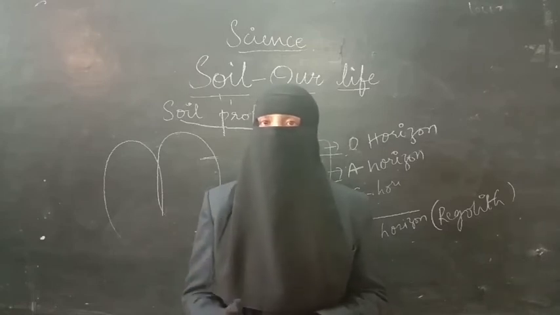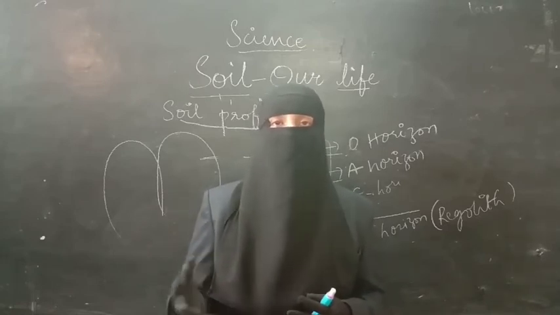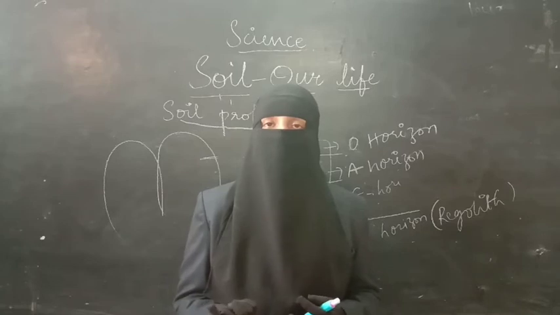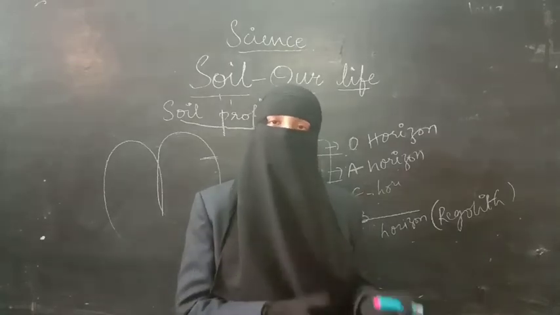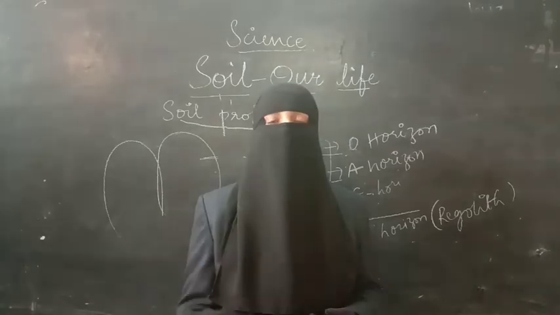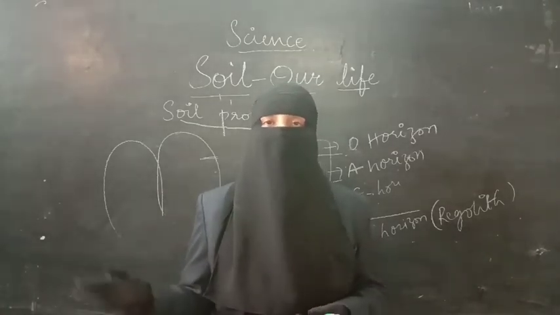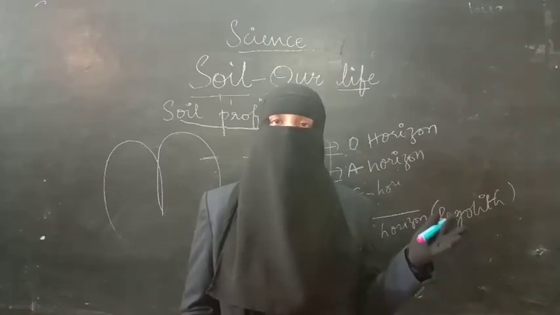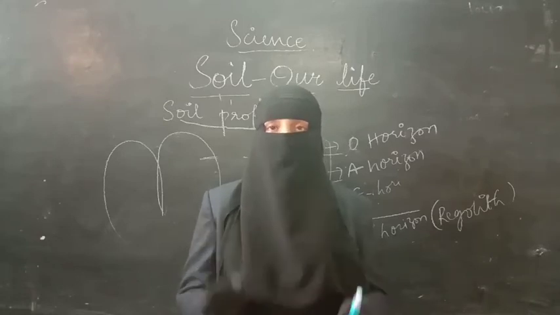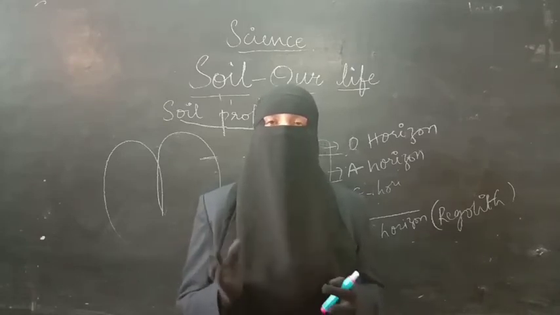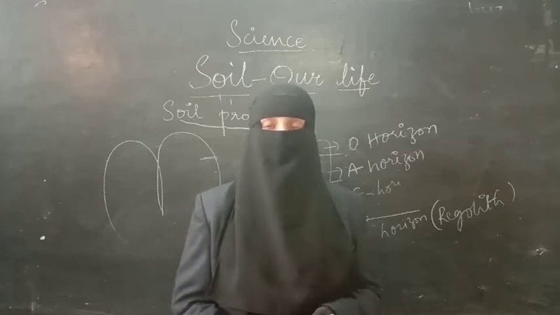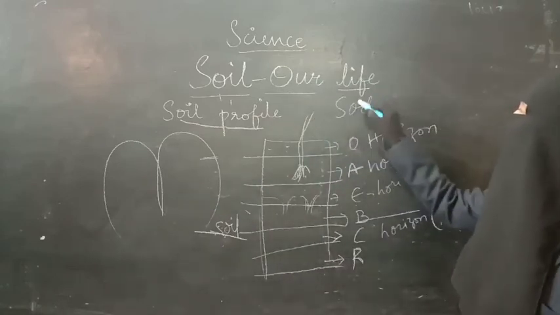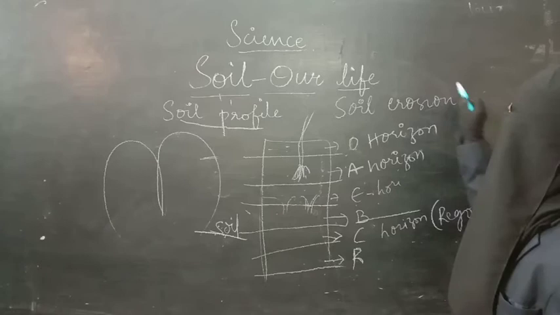For example, if you want to grow plants like sugarcane and paddy, they will be choosing clay soil because these plants need more water. So which kind of soil will hold more water? That is clay soil. In the same way, if they want to grow pulses or something, they will go for red soil. Red soil is sandy soil. That means pulses do not need more water than cotton or paddy or sugarcane. So this is how, based on the type of soil, they will be deciding the type of crops to be grown. And here we have discussed soil erosion in the lesson Forests Are Life. There I said, what is soil erosion?